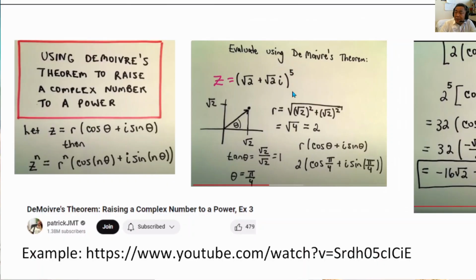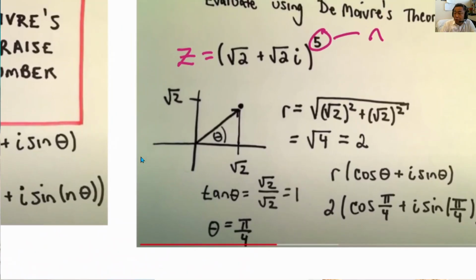So this is a rectangular expression, root 2 plus root 2i, to the power of 5. So n is equal to 5, and this is a rectangular form. It's nice if you draw a picture of this z first in the Cartesian coordinates. So this is the real part of z, and this is the imaginary part of z. And this, of course, is the real number root 2 along the real axis, and root 2 also along the imaginary axis. Alright, then of course we want to express it in the polar form,